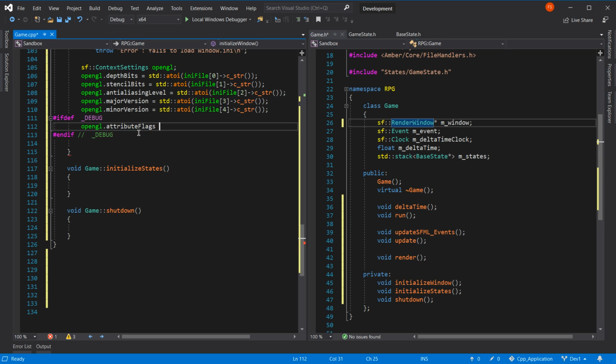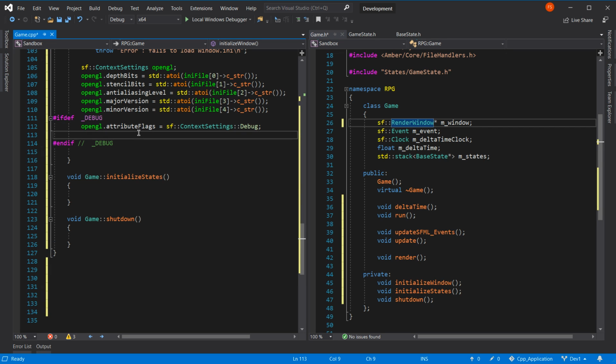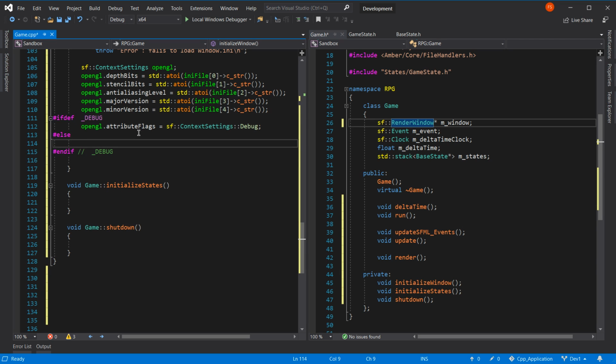And attribute flags equals sf::ContextSettings::Debug. I want it to use the debug version, please. And then it's hash else. It will be